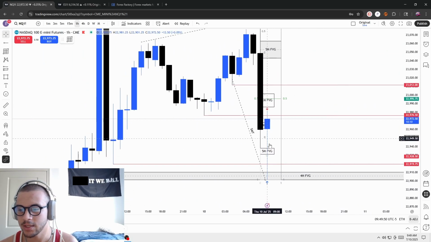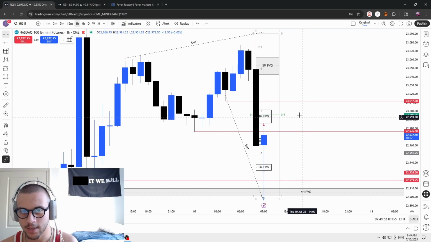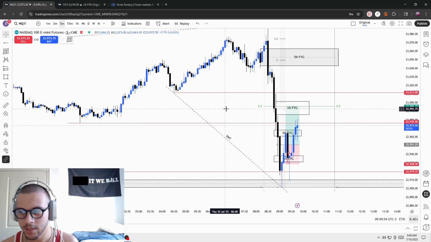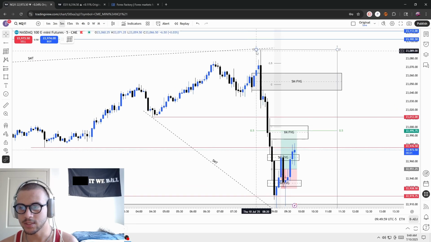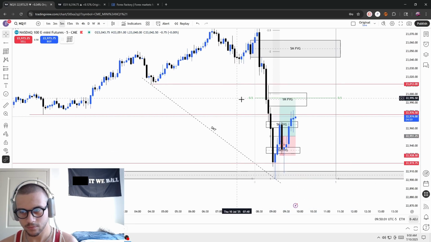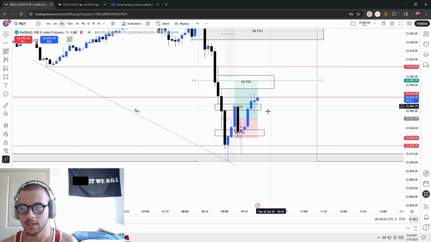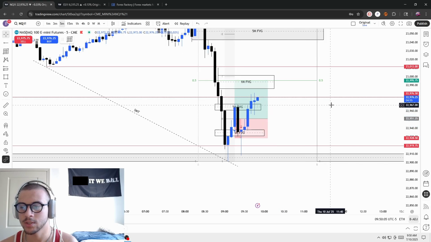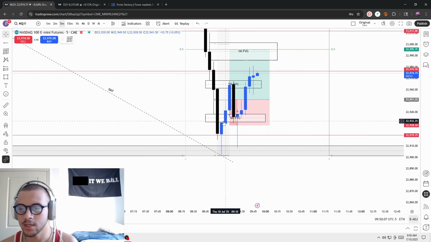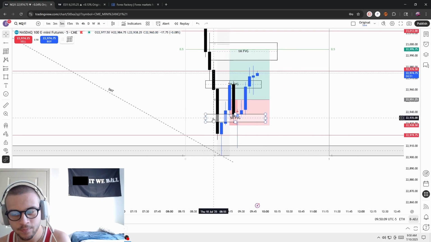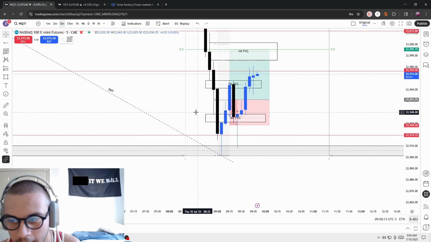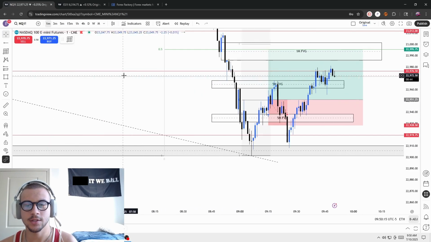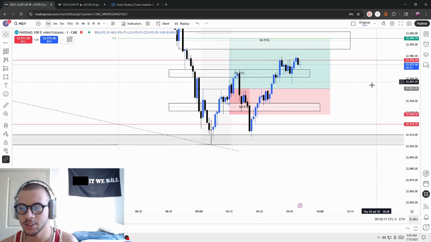So after seeing that we went down and tapped this 4-hour gap, I went down to the 5-minute, and I basically just created equilibrium of this entire move, seeing what confluences I can get with the reversal back upwards. Now with this 5-minute, you can see that there's a 5-minute gap right here. After sweeping it, it closes above the 5-minute, and then when we go down to the 1-minute, I created a Fibonacci